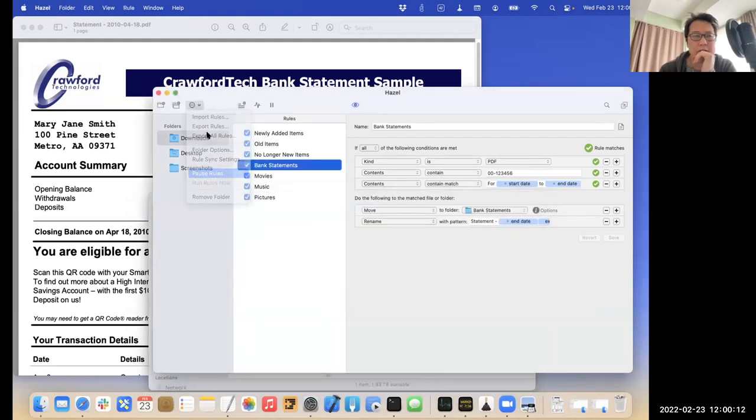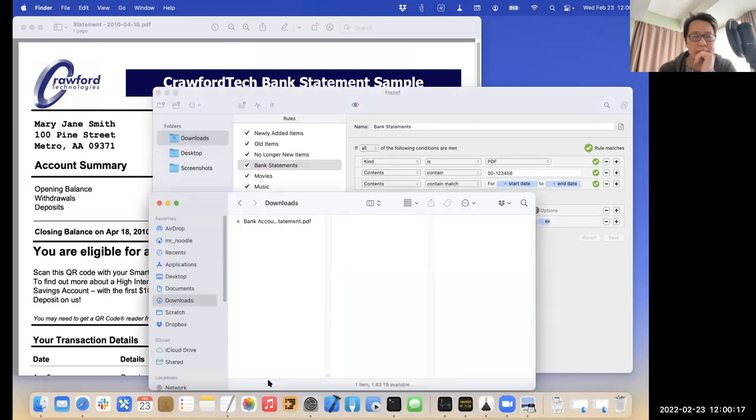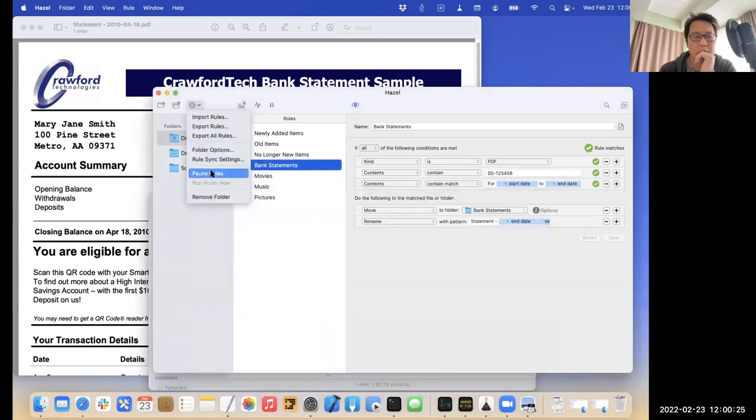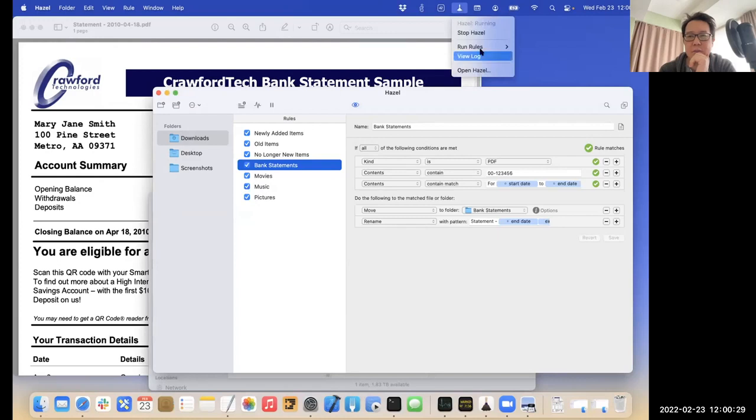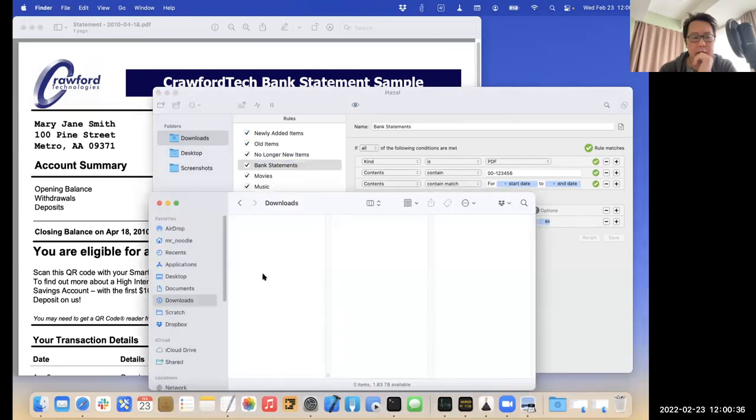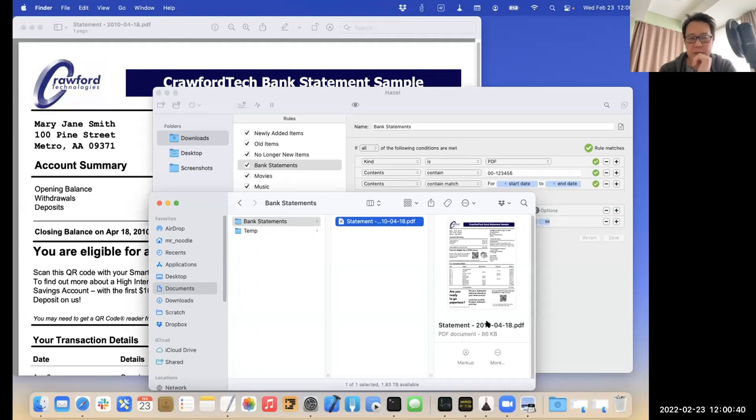Something going on with this. I apologize for this. For some reason, it's not allowing me to manually run the rules. Kind of see if that works. Okay, so that did work. And so as you see, it did move to bank statements, and the file is renamed with the April